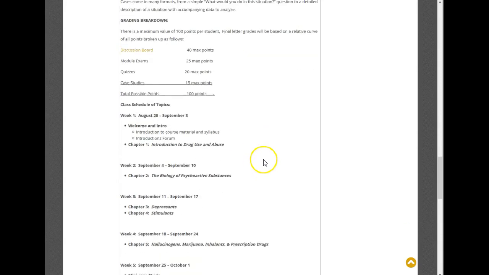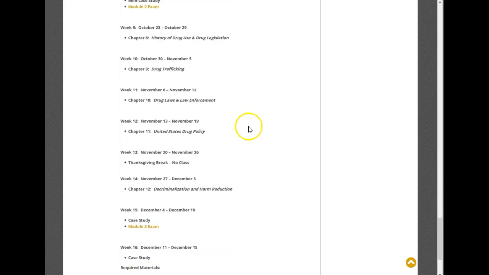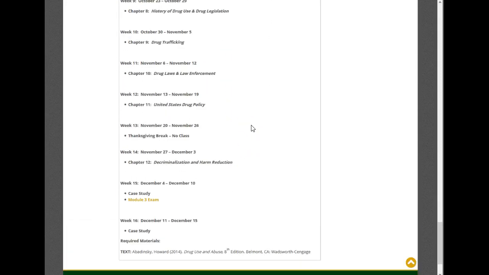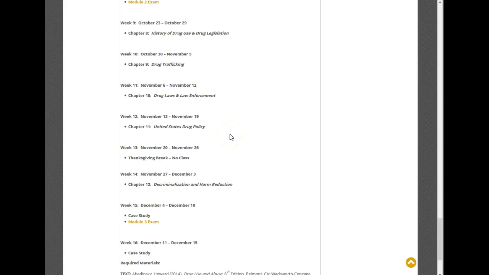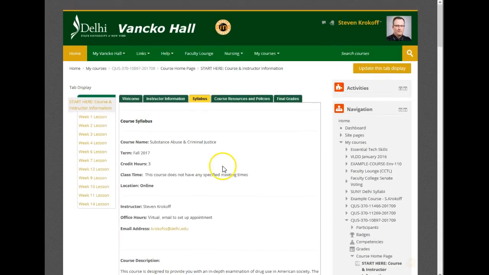Here is the planned schedule for this semester. It's subject to change, though I don't anticipate any changes. I'm giving you off the full week of Thanksgiving. I know that Thanksgiving, I think, ends on a Wednesday for Delhi, but I think we could all use a week break there. So if there are any questions about the syllabus, please do not hesitate to reach out. I'll go through anything you need to.